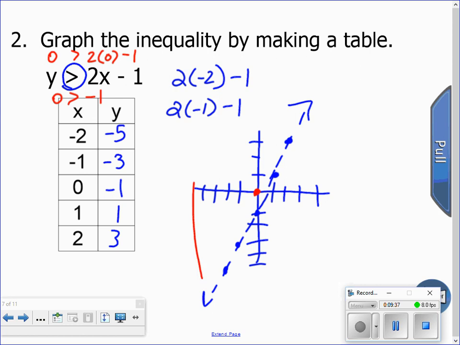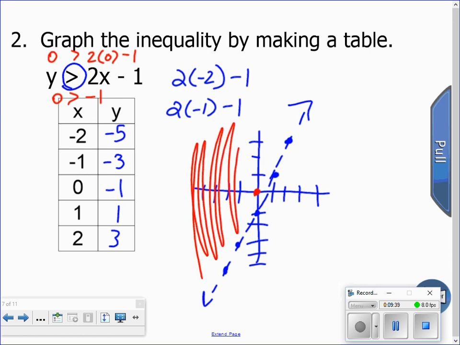So this tells me we're going to shade everything that is above, or greater than, our line here. Now, a quick tip: anytime it's written in slope-intercept form like it is here, the inequality sign will also tell you which side to shade in. We don't want to get used to this though, because if it's written in other formats, it's not particularly